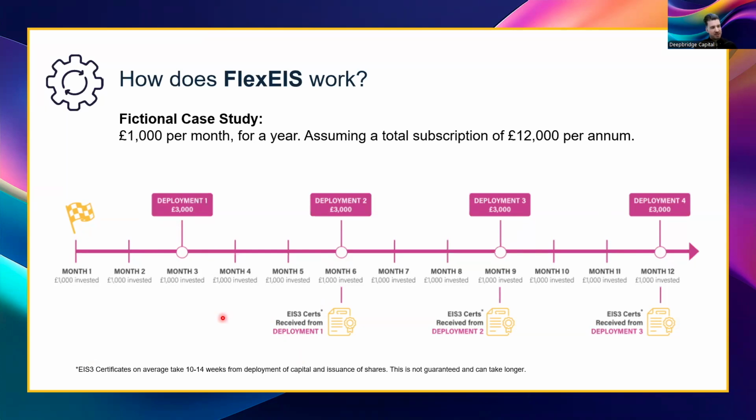We assist the companies in doing so, our underlying companies. And then HMRC's typical turnaround is, as you can see at the bottom there, 10 to 14 weeks. I've actually seen a record recently of 8 days come back. That's good administration on our part, but secondly, on HMRC's, the fact that they're actually getting much quicker at doing this process, which is great news. But typically the time frame we're seeing is 10 to 14 weeks. And I'll show you in the next slide how this will look on our portal.